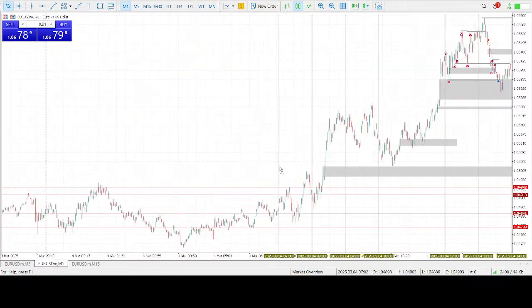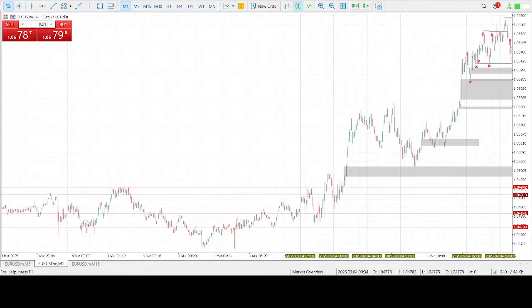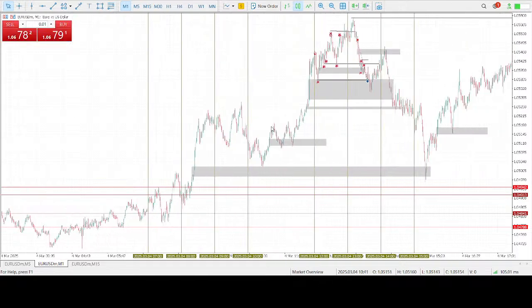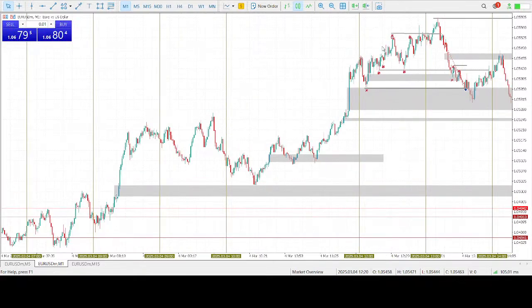So for yesterday, we had a consolidation that started the day. Then we had a rally that started during the London Open, but it continued into the London session. Within the London session, when the New York was opening yesterday, the market had been rallying up, and even here it had continued rallying up.